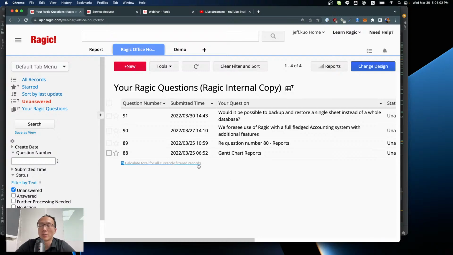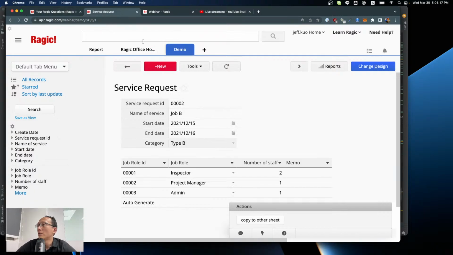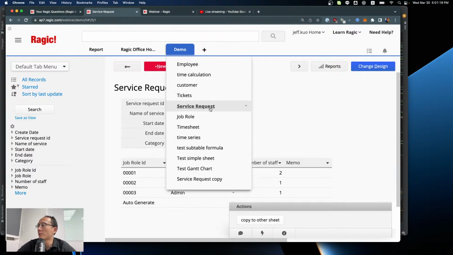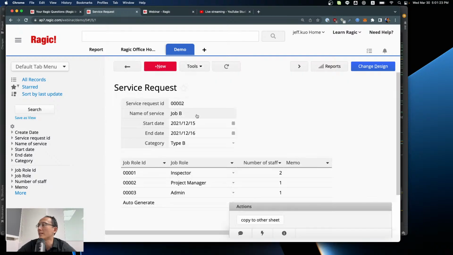Yeah, I was just looking through the questions. I was working on the first one. I'm not all that familiar with the Gantt chart report, but using it is pretty intuitive. It took me only a few minutes to figure out. So we have one of our demo sheets, the service request sheet, with service request IDs, the name of the job, and a start date and end